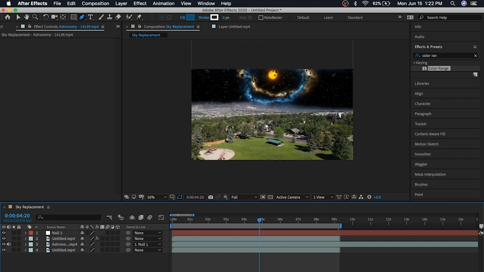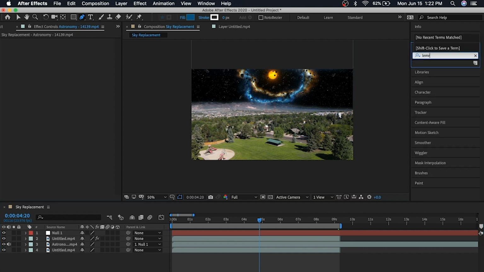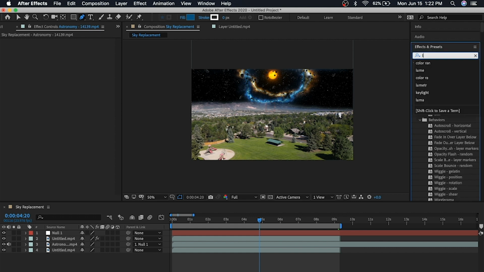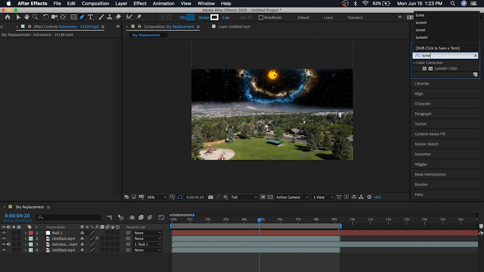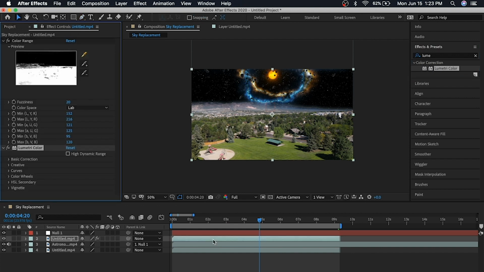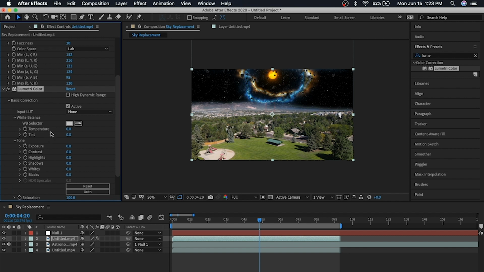Now what we gotta do is add Lumetri color. Gonna add that to the top layer. And what we're gonna do here is just kind of blend it together to make it look more realistic, like the two environments are together. So we're gonna bring the exposure down. Since it's the sun and it's got some blue in there as well, we're gonna bring the temperature up a little bit,